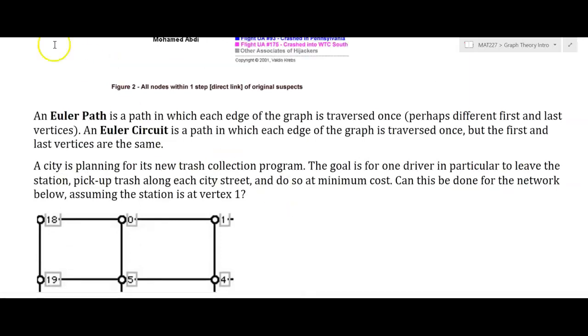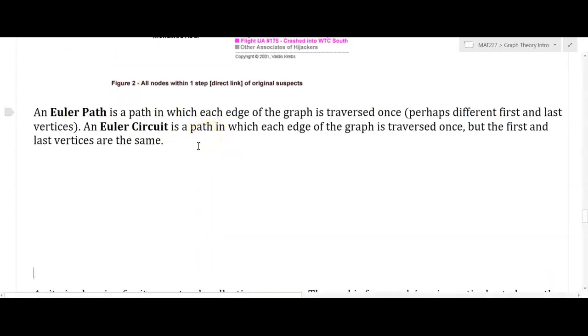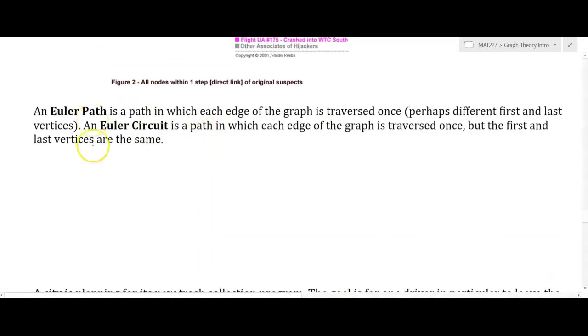So let me give you a quick example of that before we look at assess. So like a network like this, a really simple one, A, B, C, and D, if we connected them this way, then we could see that one Euler path,